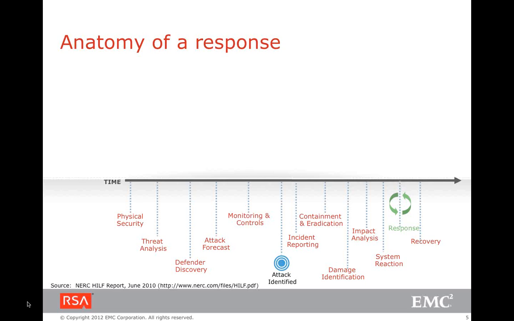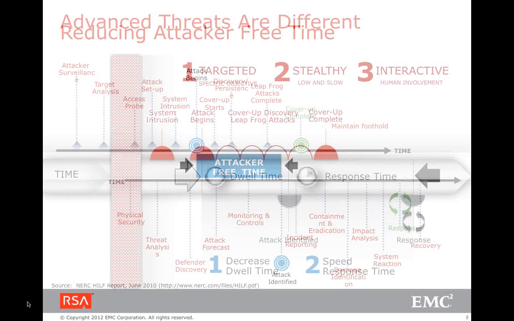So the time between when the attack begins and the time when we have identified the attack, based upon all the activities that have happened, is what we call attacker-free time. This is the time when the attacker is sitting within our systems and doing their discovery and their cover-ups, which we do not get a view of. Our idea is to make sure that this free time, or what we call the dwell time, and the time between when we have identified and when we have responded, both need to become as small as possible.